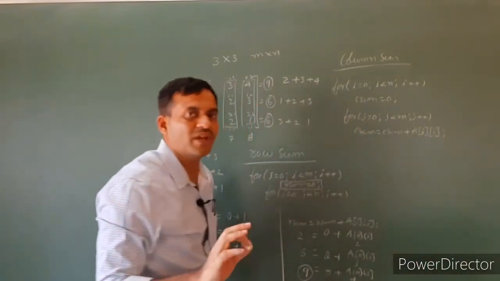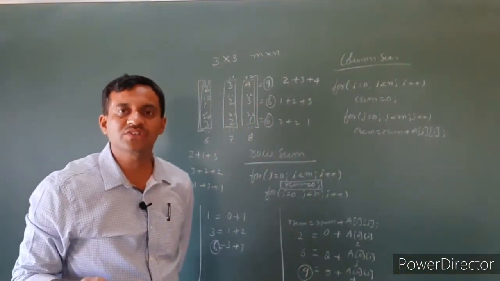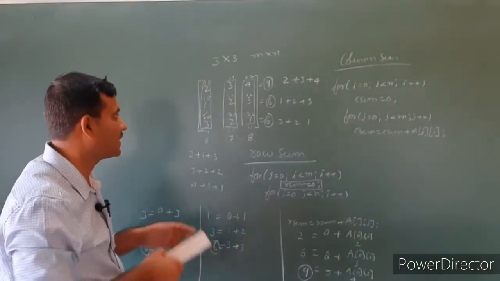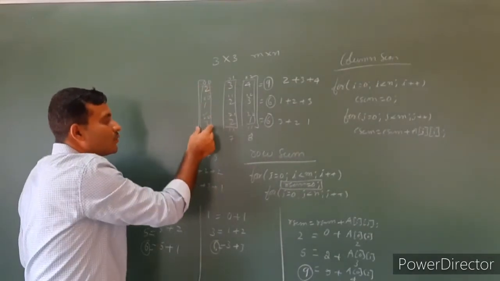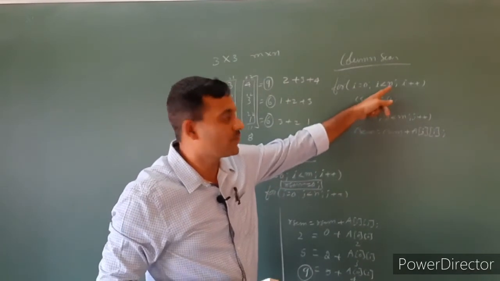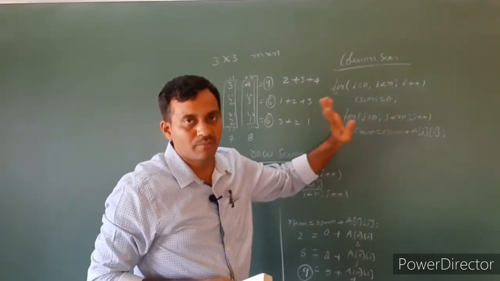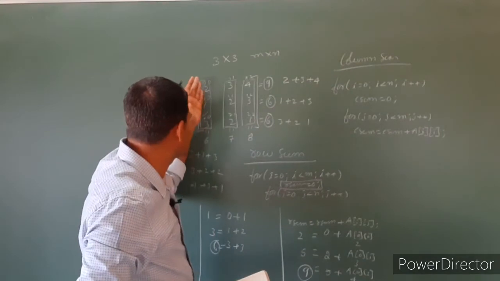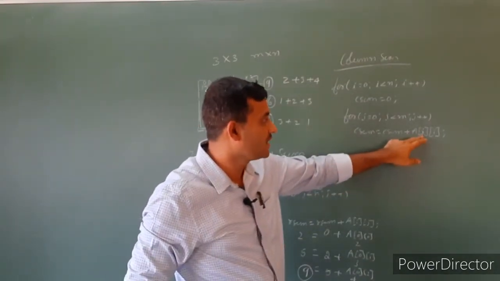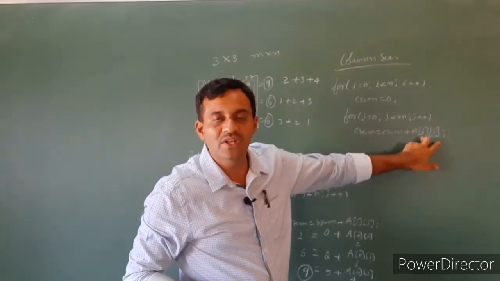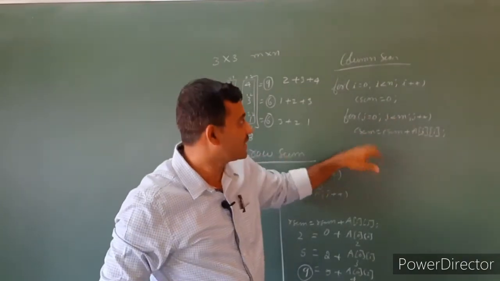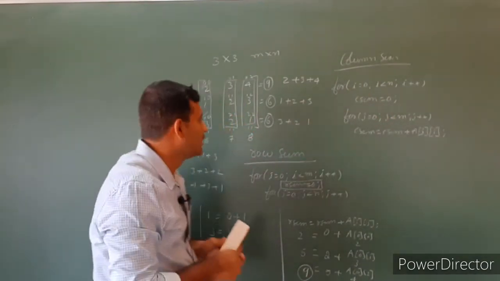I. Just imagine the last program, that is transpose of a matrix. In a transpose, we have to interchange the rows and columns. Here also, we have to interchange the rows and columns. Hence, for the column sum, we change the order. First we write n, then we write m. Then j values are constant, I values vary. Hence, first we write the j, then we write the I value, because I is an outer for loop, j is an inner for loop, where C sum is a temporary variable.